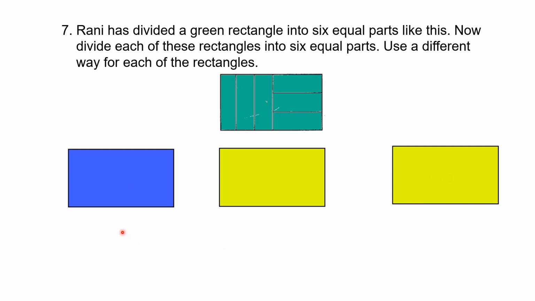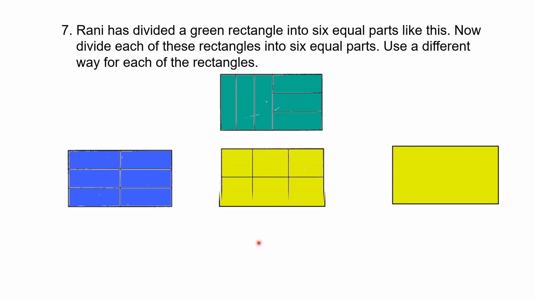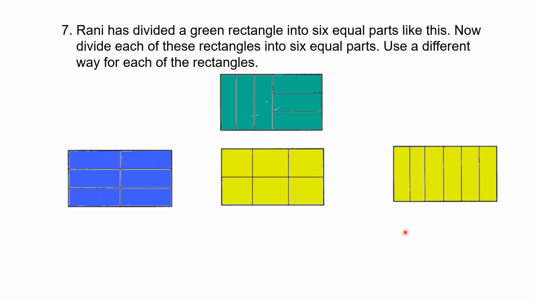Let us divide the blue rectangle into 6 equal parts. Now the blue rectangle is divided into 6 equal parts. Let us divide the yellow rectangle into 6 equal parts. The yellow rectangle is divided into 6 equal parts. Let us see the last rectangle. This last rectangle is divided into 6